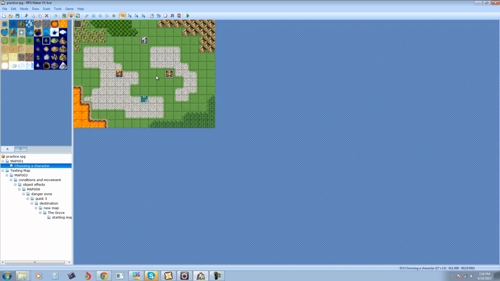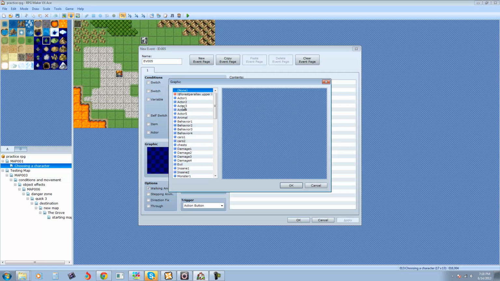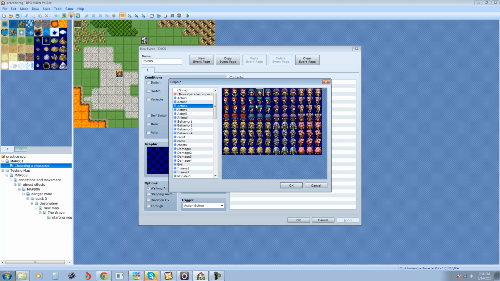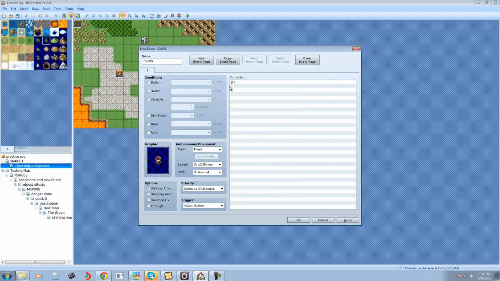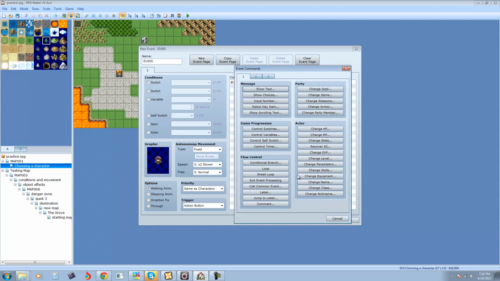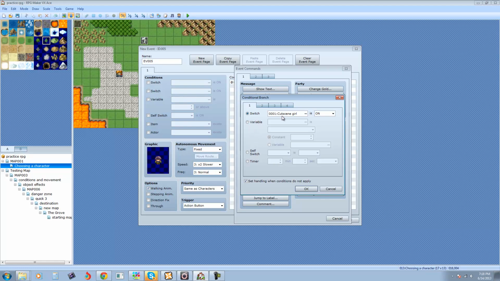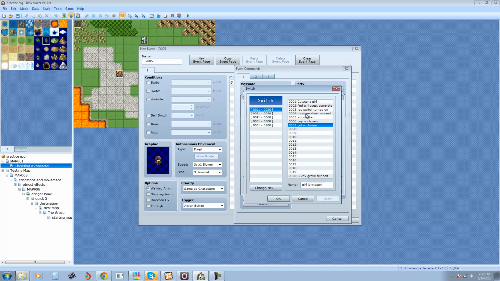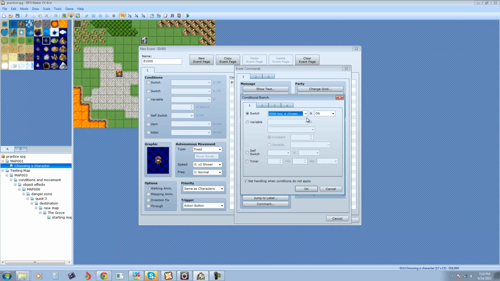Okay, so to show you how that might work, I'm going to put one little person over here, just this guy, whatever, it doesn't matter, and we're going to run a conditional branch, which is on page 1, conditional branch switch. So this is our switch. We're going to say if boy is chosen is on,